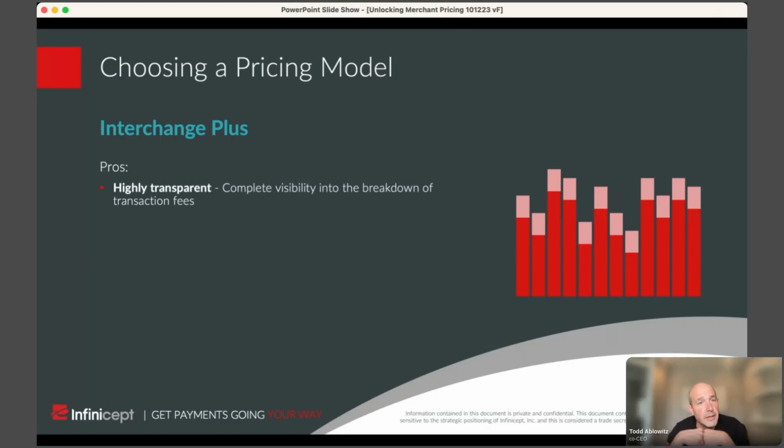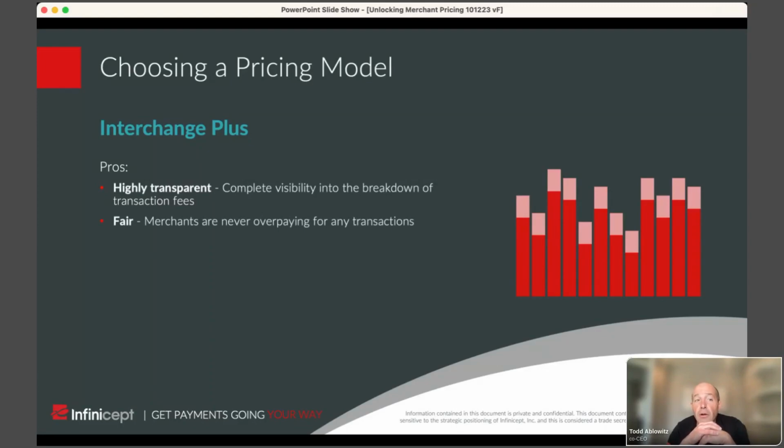One thing as a side note, there are bad actors out there that claim that they're giving Interchange Plus, but actually marking it up. And that is something to absolutely watch out for. As far as I'm concerned, that's fraud. And I think the government would agree with that. But there have been some very big players that do that. And I highly encourage you to pay attention and make sure that Interchange is not being marked up if you're involved in the transaction. So Interchange Plus is highly transparent.